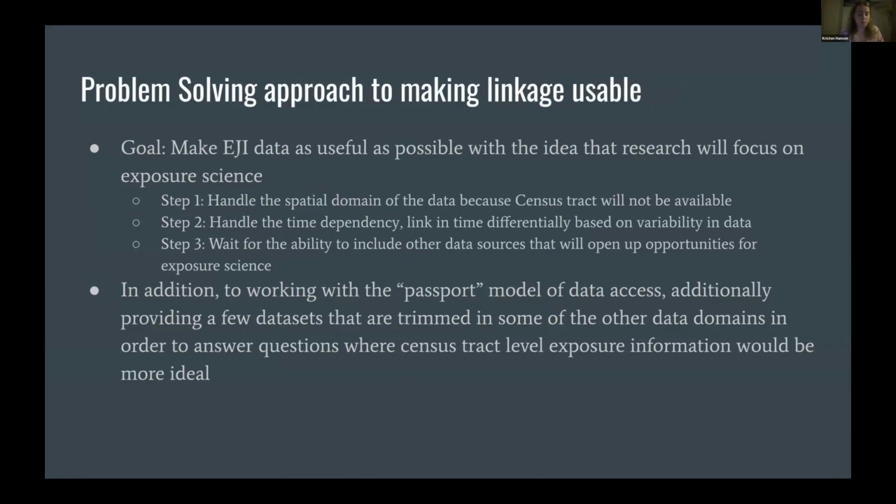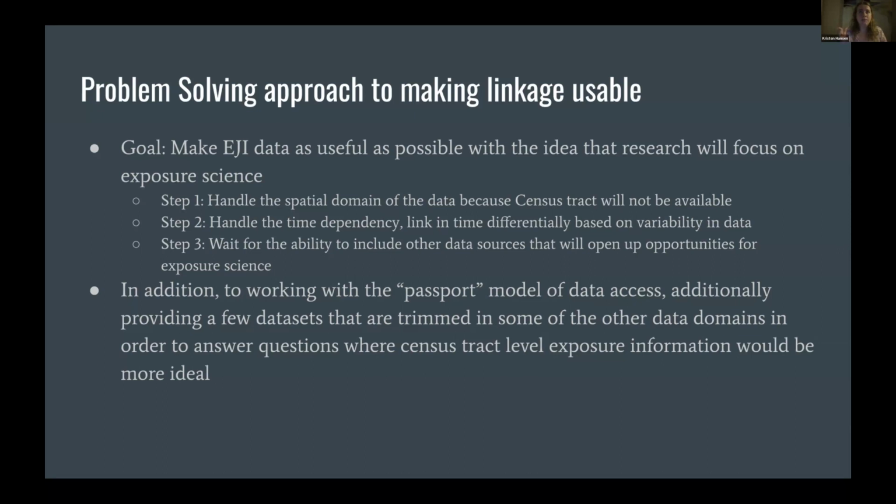We're not opening the door fully to exposure science because I think that would be inviting some bad science with just this data set. But in order to make it as useful as possible for this research, we have a couple things that we've been working through. So we have to handle the spatial domain of the data because census tract will not be available. So we have to consider what spatial layer, what aggregate measures we are going to use,